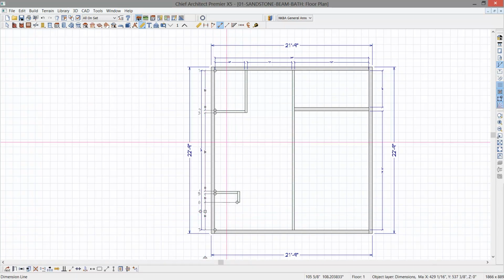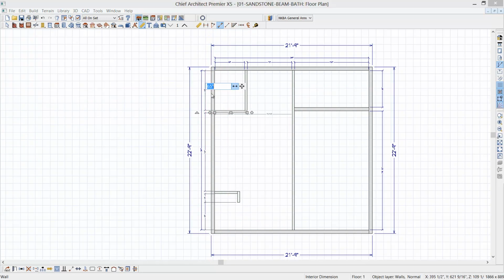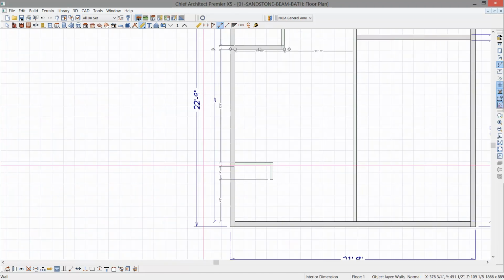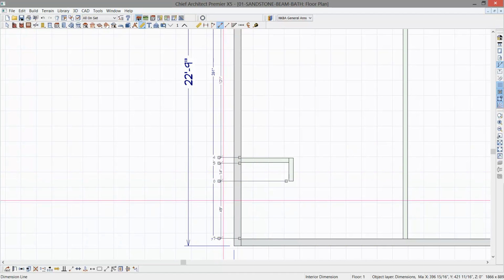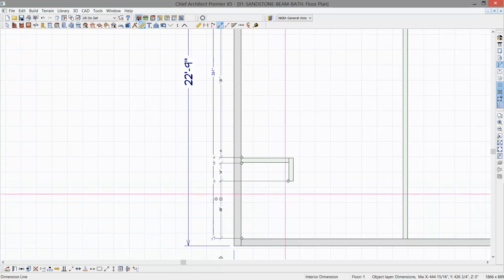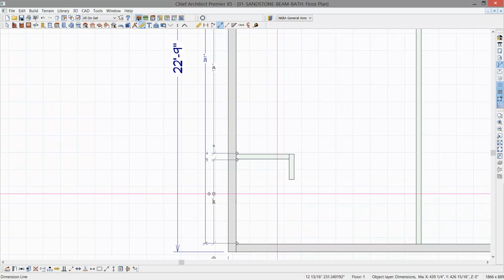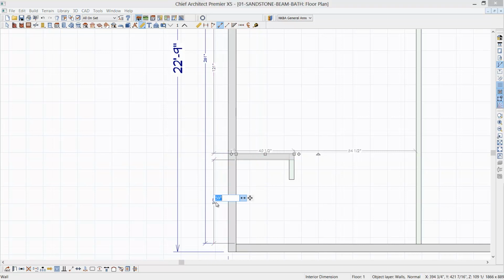Pull this over. And for this dimension here, let's go ahead and set that. That's going to be our shower area. Set that to be 72 inches. We'll zoom in, and actually you'll notice that if I highlight a dimension, you'll see some diamonds that come off of the dimension. You can just simply grab those and pull those off if you pick something that you don't want, or you can drag one on